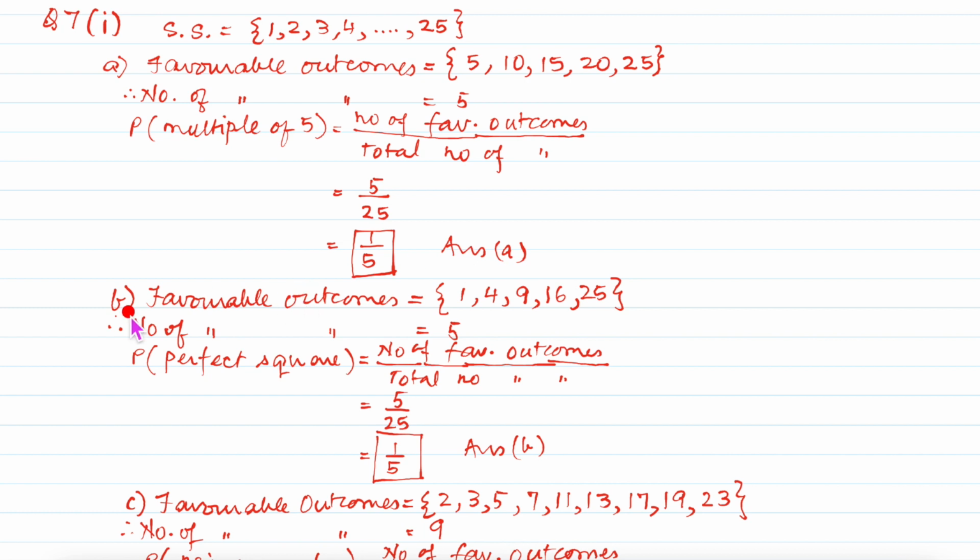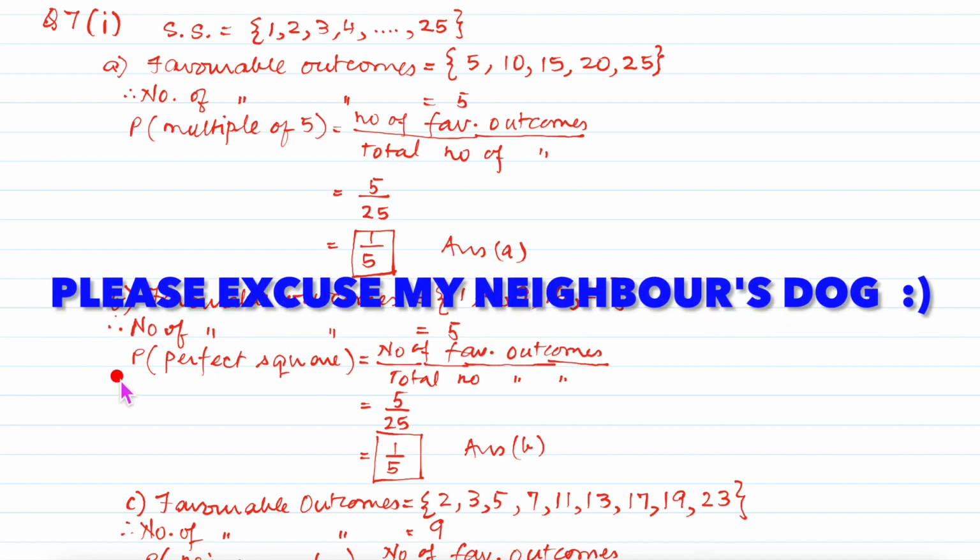That's your answer A. Your B part asks us for the perfect squares. So the favorable outcomes, can you see here? We have listed these. How many are these? 5. So the number of favorable outcomes is 5. So the probability of a perfect square will be number of favorable upon total, which means 5 upon 25, which is again